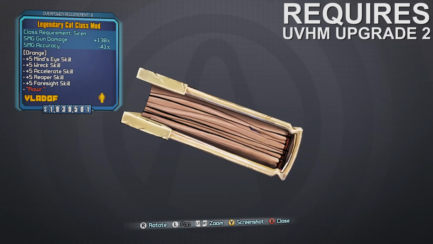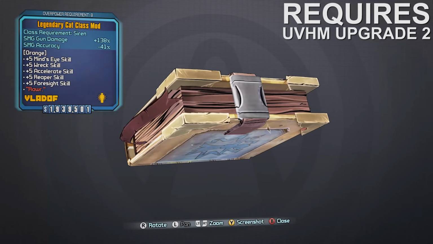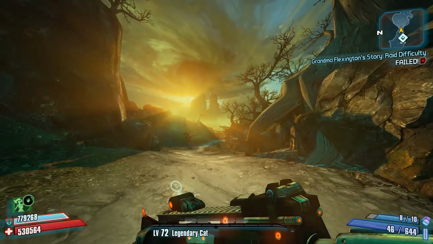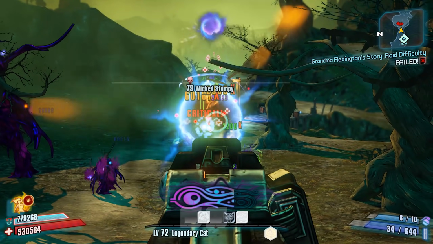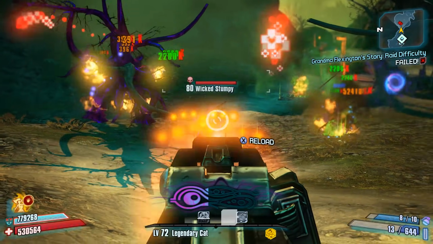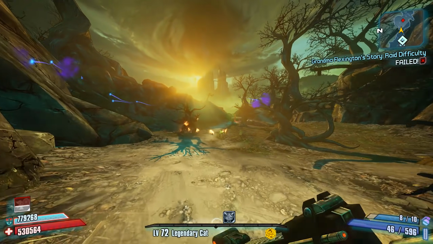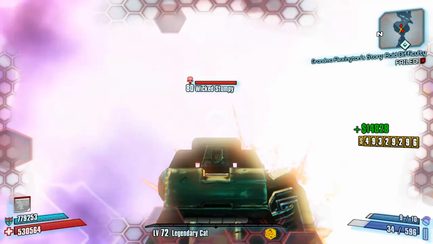Number 3. Maya's Legendary Cat. So, the Legendary Cat is a DLC class mod that is based off of the regular vanilla Cat class mod. Much like the original Cat class mod, the Legendary Cat class mod improves the player's SMG gun damage at the expense of SMG accuracy. It's just that the Legendary Cat is capable of achieving a higher percentage-based bonus in both